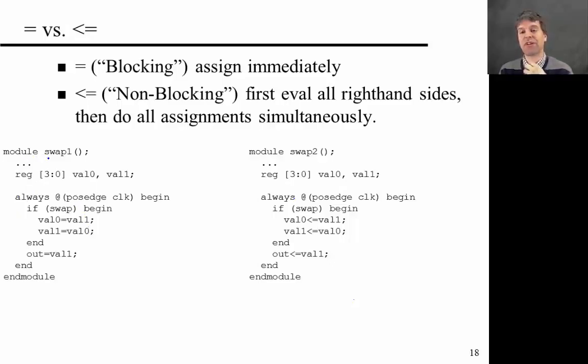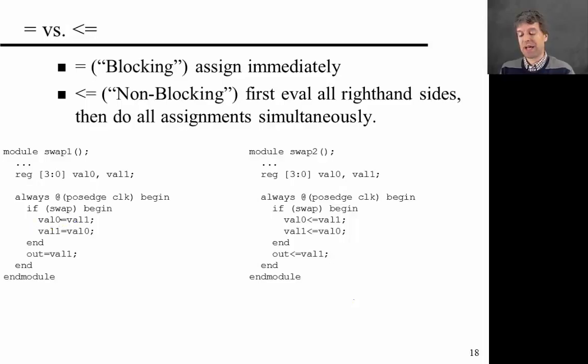Okay, so on the left-hand side, I'm trying to do a swap operation where I have 2 values, value 0 and value 1, and I want to exchange the values between them, such that value 0 at the end becomes value 1 and value 1 becomes value 0. And I have 2 different ways of doing this. I want to do this in a clock system, at the positive edge of a clock. So in this left-hand code, which is the code that essentially doesn't work, I'm using the